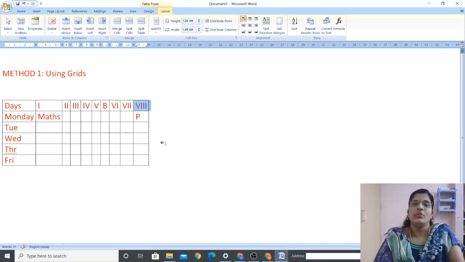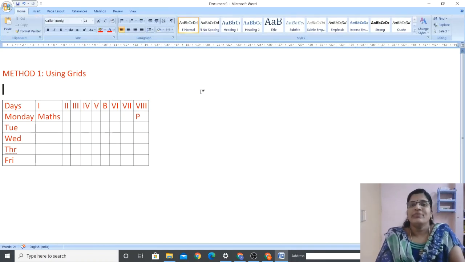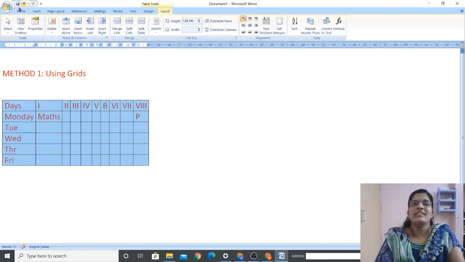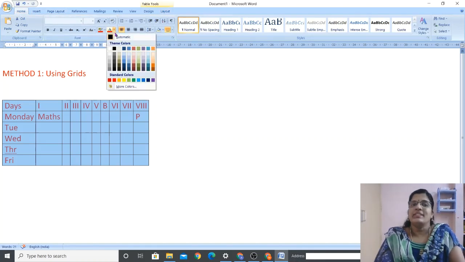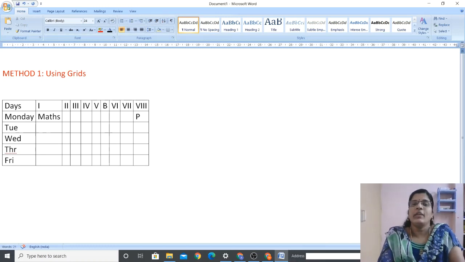So this is a way we adjust the size. Resize the rows and columns using the mouse pointer. Otherwise, we can go to the layout tab, cell size and AutoFit icon, click here, then AutoFit Contents. Using this, we can resize the cell. Got it? Okay, so the first method is over. Then what is the second method? So who knows the answer? What is the second method? Yes, the second method is the insert table option. Okay, insert table option. So first, let me write it here. Insert table method.